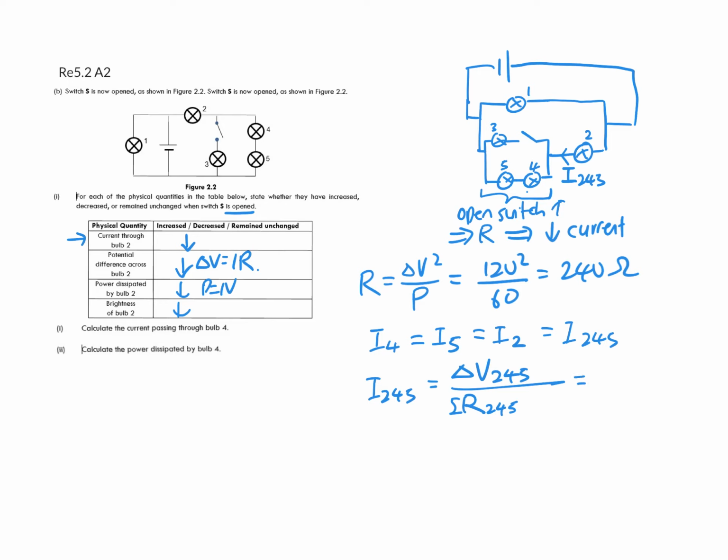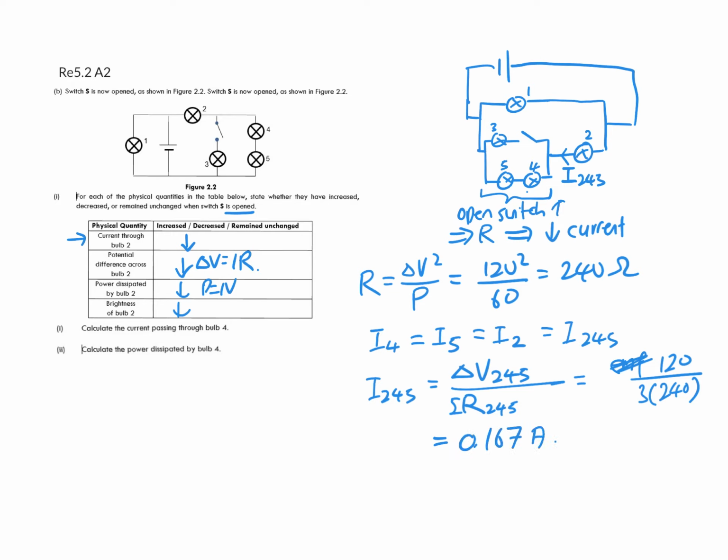Now, these 3 bulbs 2, 4 and 5 are in series, and they are one parallel branch in parallel with bulb 1, connected to the battery in parallel also. So this means that we can easily use the EMF, which is 120 volts, across the 3 bulbs' combined resistance. And if we calculate this, we will get